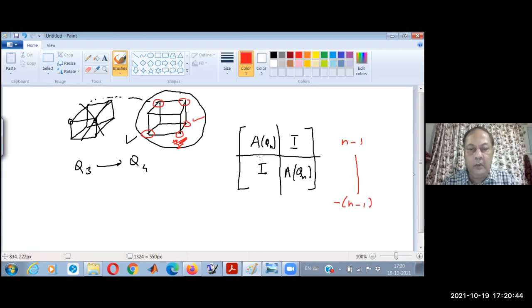So what Huang did was go to a signed graph. That means you put a negative sign on some of the edges, and other edges you keep as they are. If you put a negative sign, then in the adjacency matrix you put a -1 in the symmetric places. That means the ij place is -1 and the ji place is also -1.